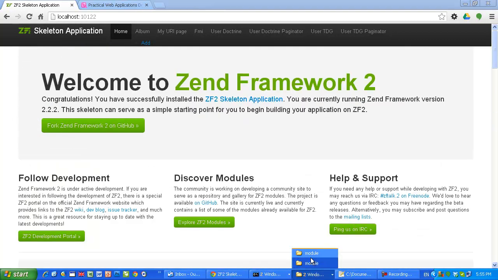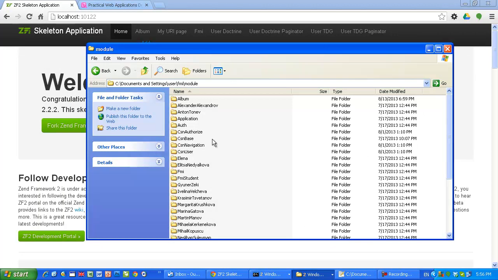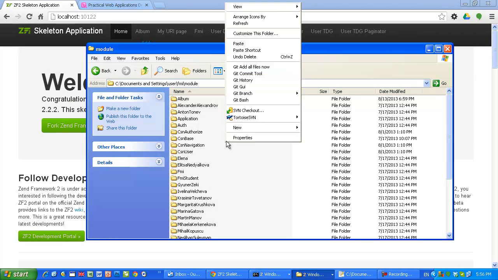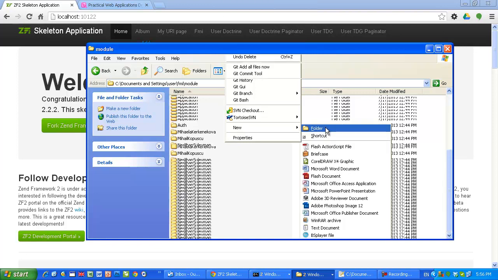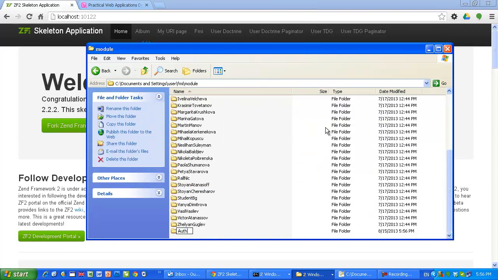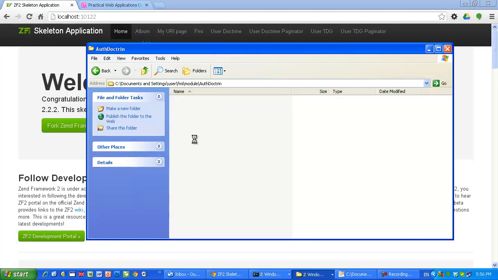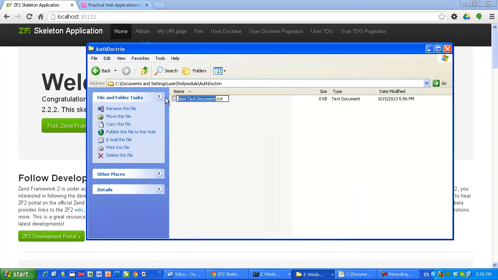As usual, we start by building a module in our modules folder, and I'm gonna call it AuthDoctrine, which comes from authentication with Doctrine. I'm gonna build everything in front of you. I want to make sure that I'm not gonna forget something. The first thing to create here, of course, is one file, Module.php,